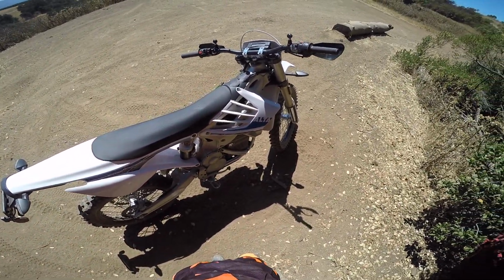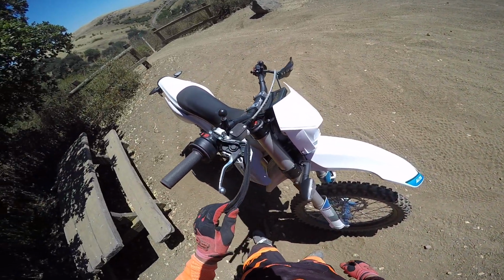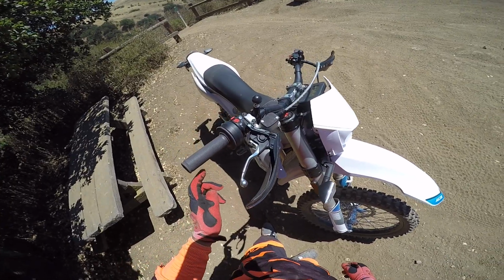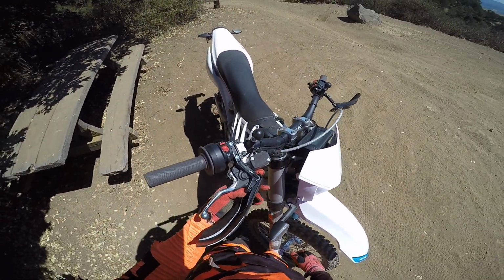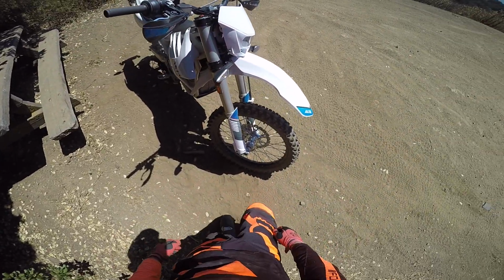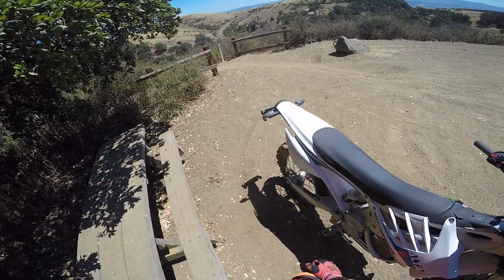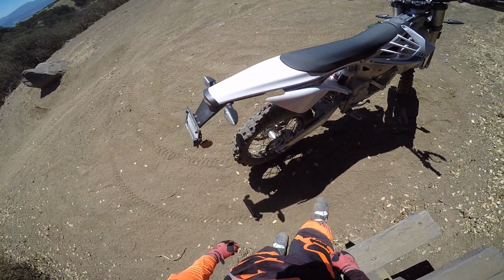The handguards seem like a joke, but then again, I guess all stock handguards, even KTM's, are pretty much the same thing. They look a little flimsier than KTM's, but one of my complaints is